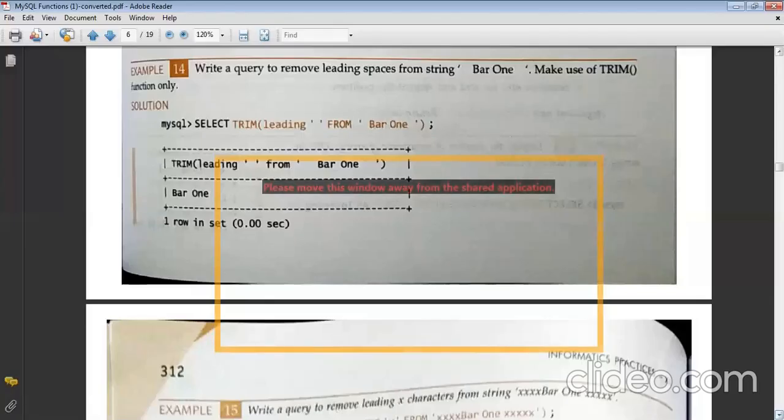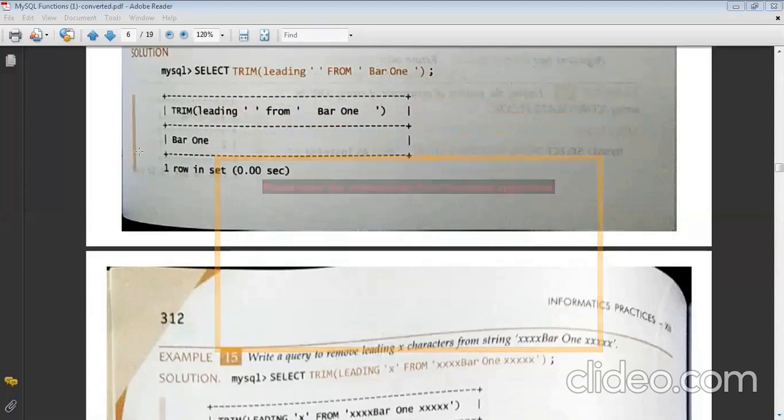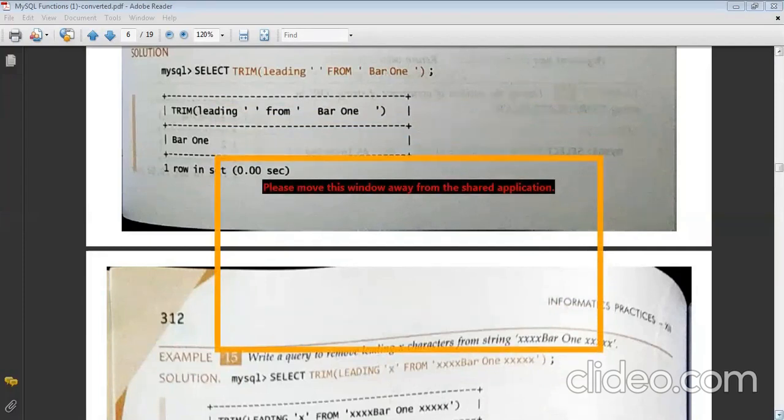So the next question for us is, ma'am, what if we have to remove the B which is at the 4th or 5th place? No, this cannot be used. Trim is not the correct method to use for that. There are some other methods which we are going to discuss, but trim only removes leading and trailing characters. It cannot work with letters or alphabets in the middle of the string. Okay, ma'am. Trim is specifically only for removing spaces or special characters at the beginning or the end of the string. There are different methods available for it, which we'll be discussing afterwards.